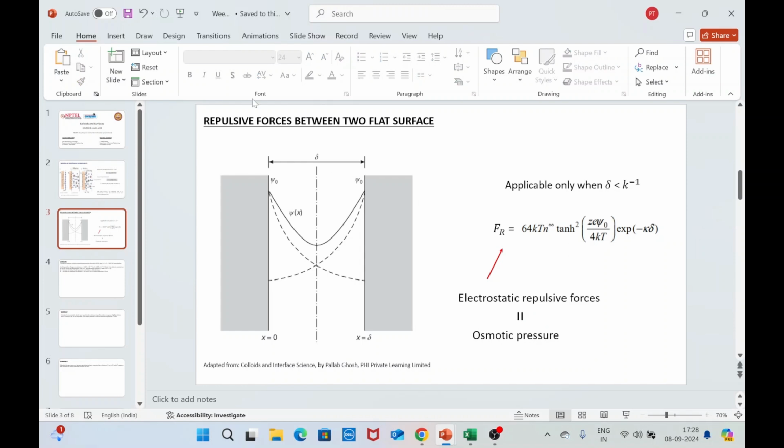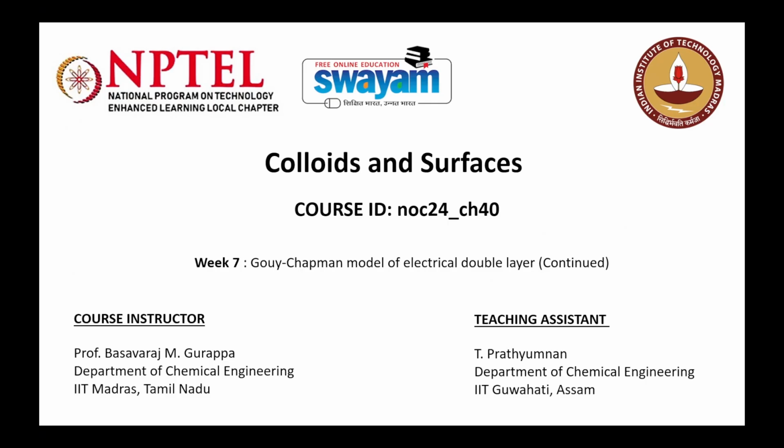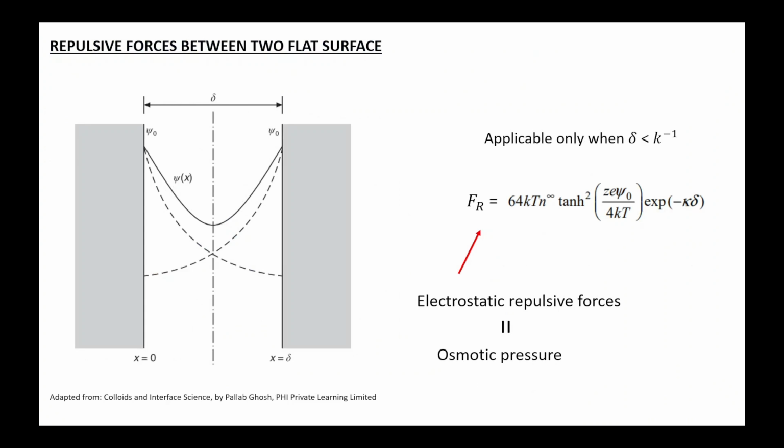So next, after this discussion on the three layers of the model, what you have is something called the repulsive forces between two flat surfaces, or to generalize, the interaction that is usually present between two flat surfaces. So for this,